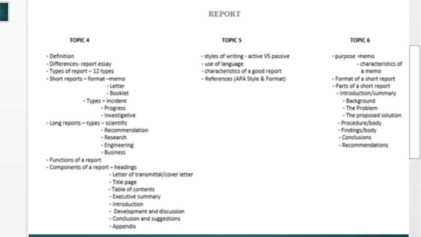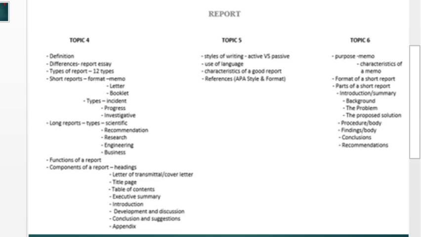Usually it's books and websites that are the most common platforms where writers source for information, right? And then there could be a question asking you a good report should be A, B, C, D, or a good report should be 1, 2, 3, 4. So you have A 1, 2, 3, B 2, 3, 4, C 1, 3, 4, D 1, 2, 4. So you have to make sure that you can identify and recall these characteristics